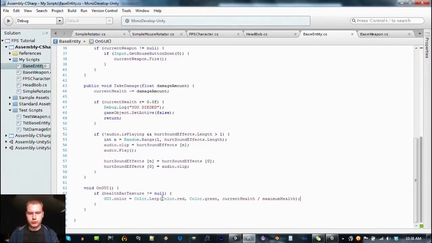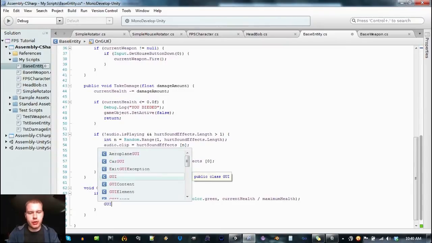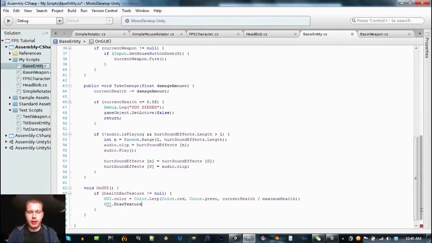Alright, so red is what it's going to be if it's at 0, green is what it's going to be if it's at 1, and we're going to get a value between 0 and 1 from dividing current health by maximum health. Alright, so now that we've set the color of GUI, we're going to actually draw the health bar texture. So we'll just go GUI.DrawTexture,